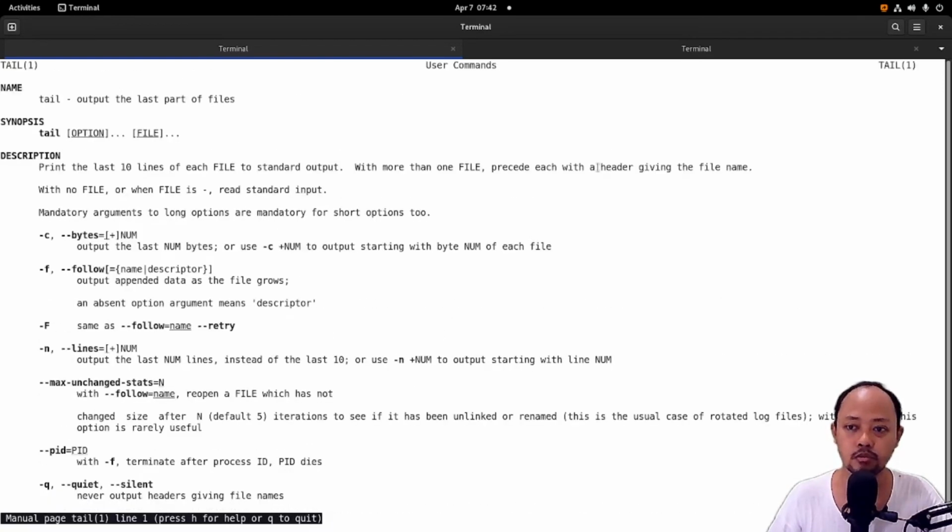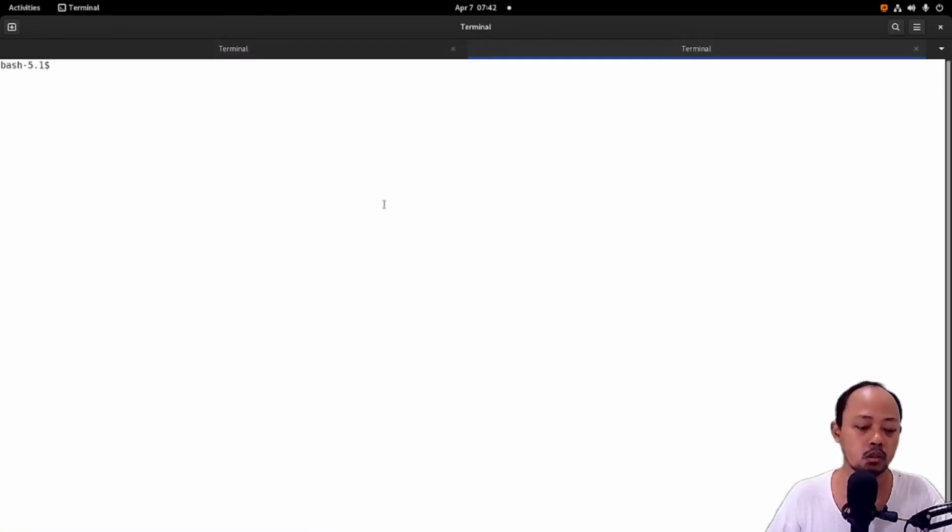How if we combine the tail command with ls? I mean we will pipe the tail command with ls. For example, I will go to the etc folder and yum.repos.d.